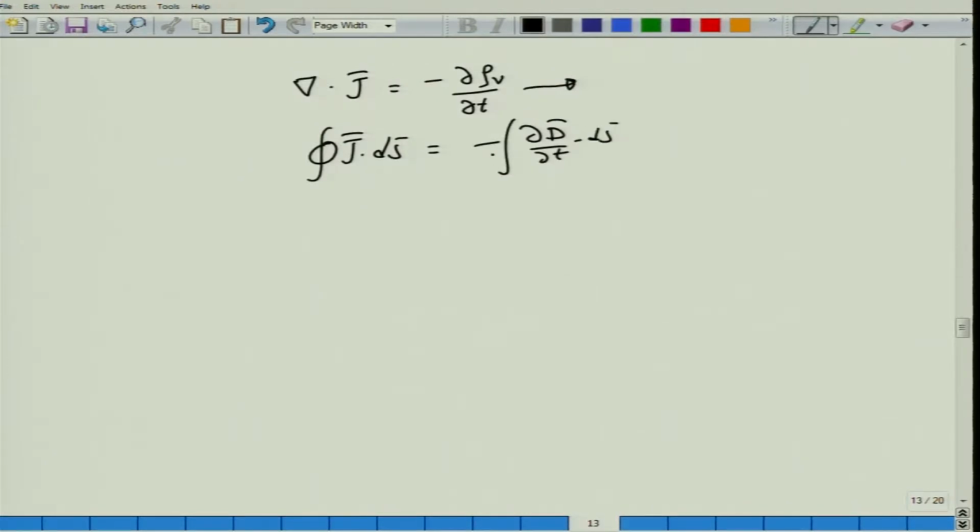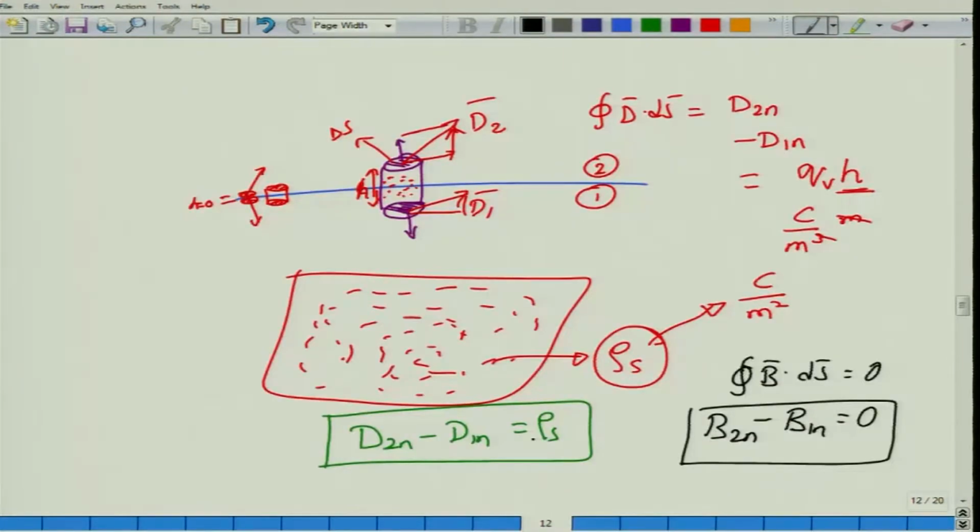This is the continuity equation, and you can very easily show that the normal component Jn2 minus Jn1, when you evaluate on the two boundaries, must be equal to 0, or Jn2 must be equal to Jn1. Okay, the conduction current has to be equal to that particular thing. So you can study this one at your leisure. I won't describe this one because we won't really be using this condition for the current density vector J as much as we use the boundary conditions for the other field components.